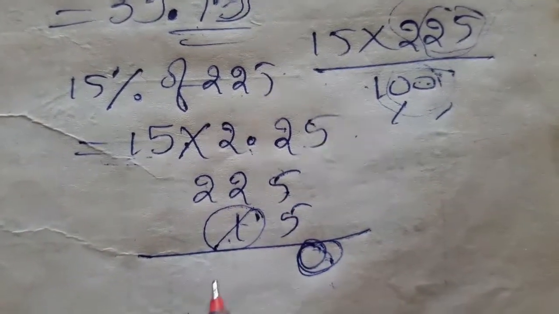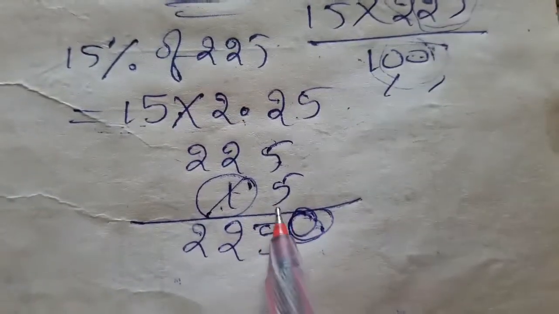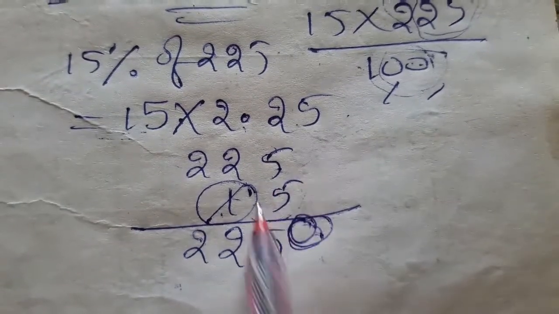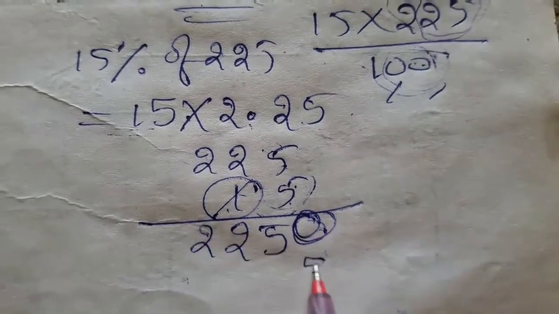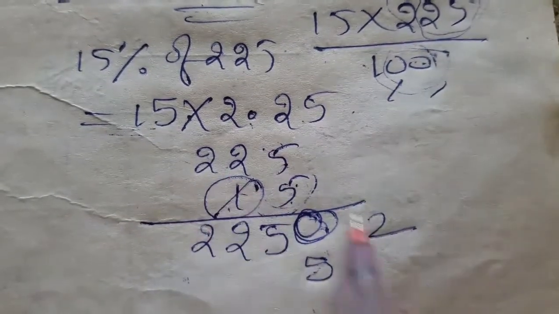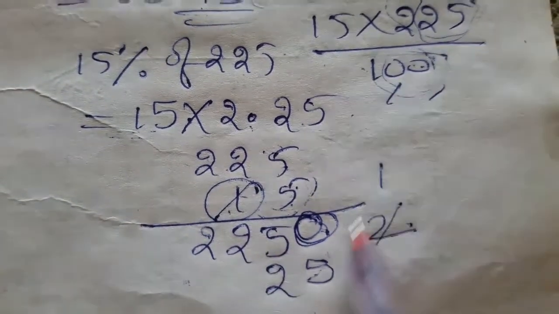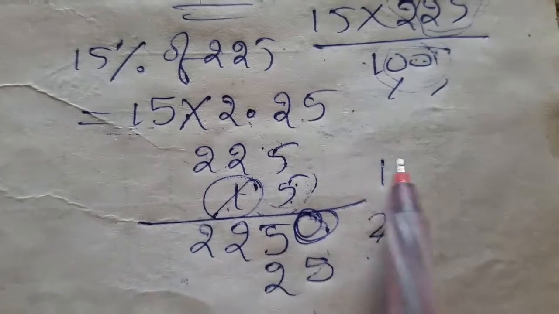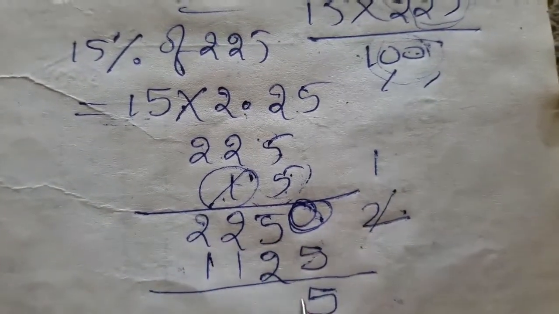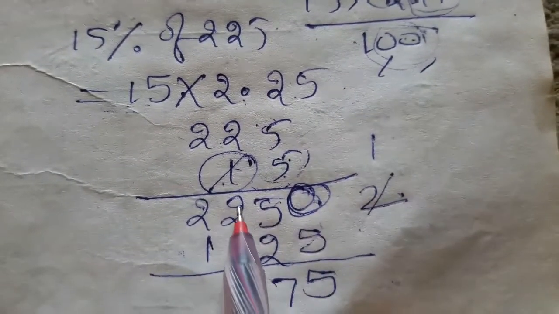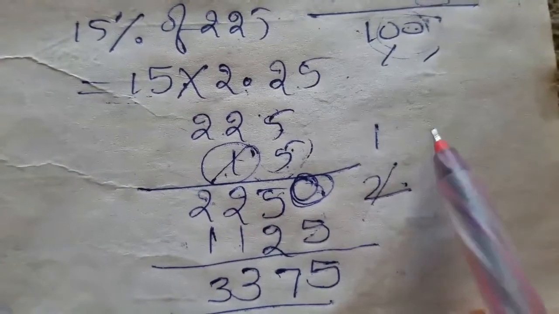Everything multiplied by 1, the result came as this. Now I am multiplying with the ones digit, that is 5, so no need to put any zeros. So 5 5s are 25, 5, 2 is there, 5 2s are 10, 10 plus 2 means 12, 2, 1 is carry. Once again 5 2s are 10, 10 plus 1 means 11. Addition of these: 5, 5 plus 2 means 7, 2 plus 1 is 3, 2 plus 1 is 3. What did we get?